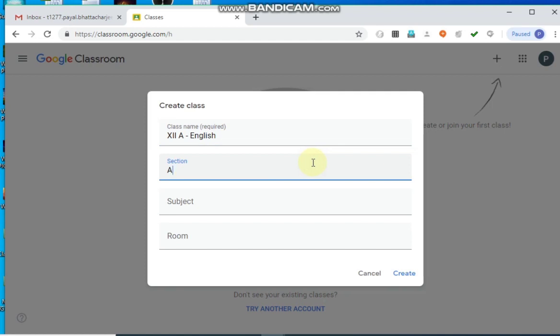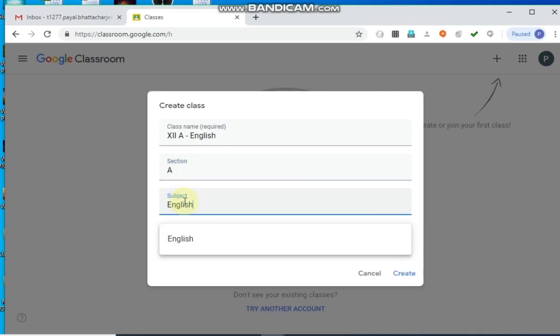Section, you mention the section. Suppose you are taking two sections together, that also I will show you how to do that. So 12A English, section A, subject course English.